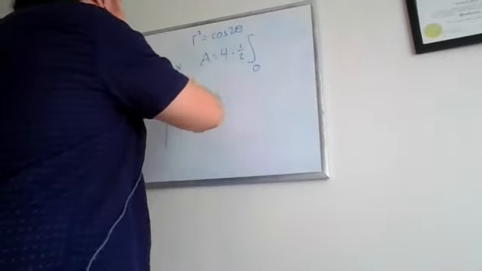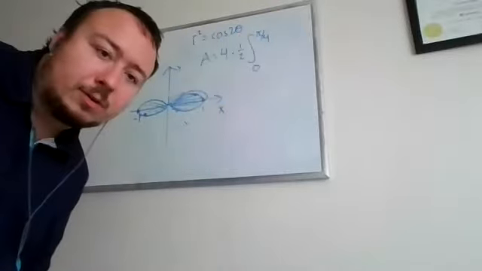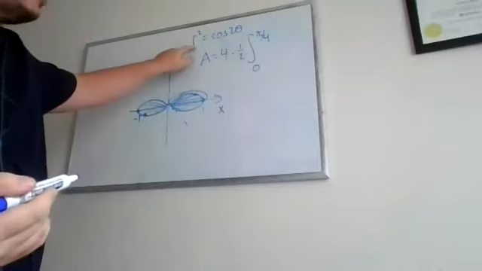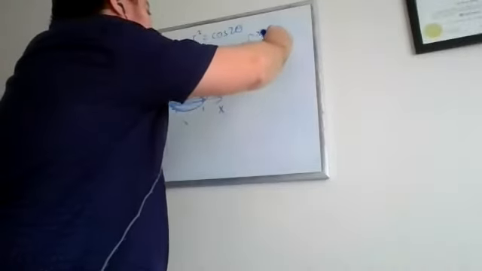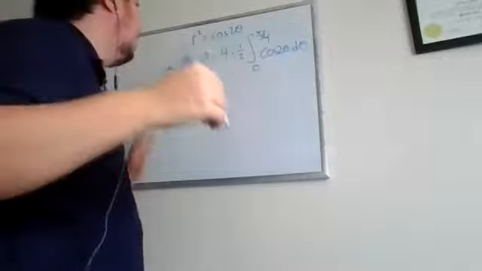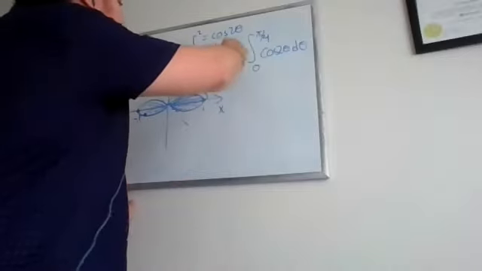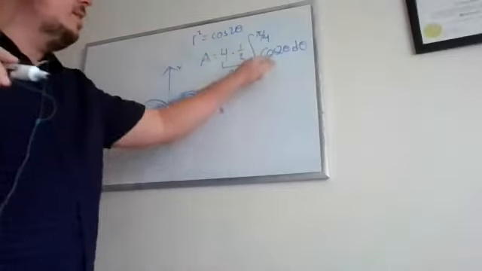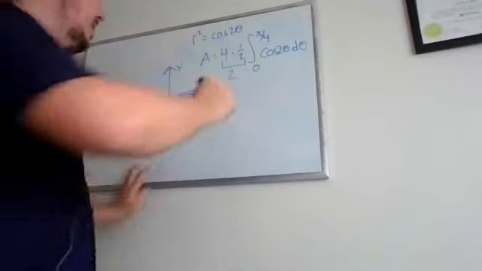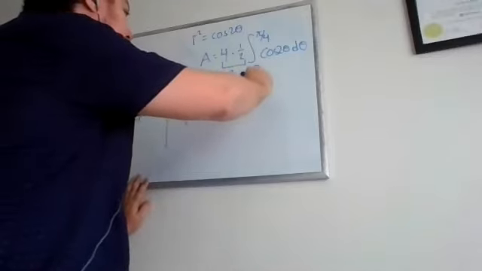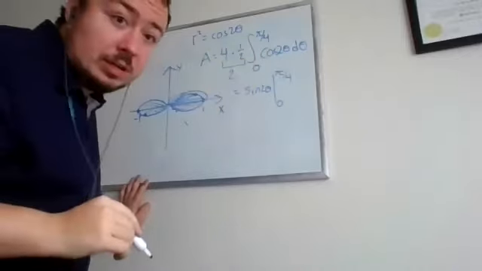The integral from 0, let's see, this chunk started at 0 and ended at pi over 4, if I recall. Now, normally we square whatever function we have in here, but the thing is, r is already squared for this. So we don't need to do anything for this cosine. That's kind of the silver lining to this problem. We're just going to put cosine of 2 theta in there because our r is already squared, so don't accidentally square it again. All right, well, last I checked, 4 times 1/2 is 2, and the integral of cosine of 2 theta is going to be sine of 2 theta divided by 2, so we're going to cancel that part out. So we end up with sine of 2 theta from 0 to pi over 4, like that,